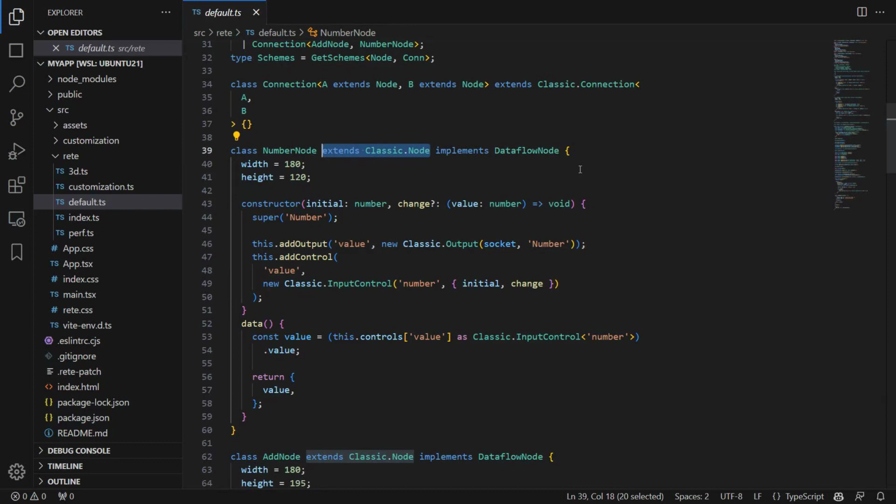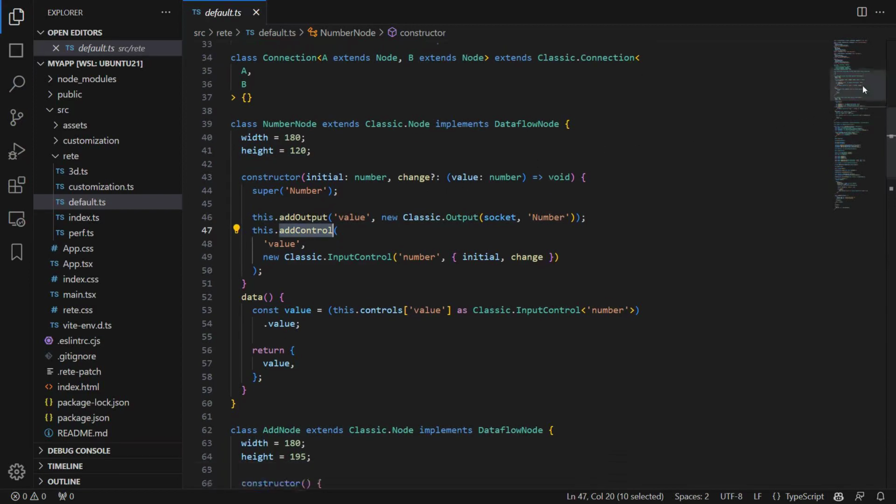Additionally, it implements the Dataflow interface so that our class can work with the engine and be part of the Dataflow processing. In the constructor, we add an output port with a specific socket and label. We also add a built-in control with an input field. All this is just a model, while the visualization of the node is handled separately based on this model.